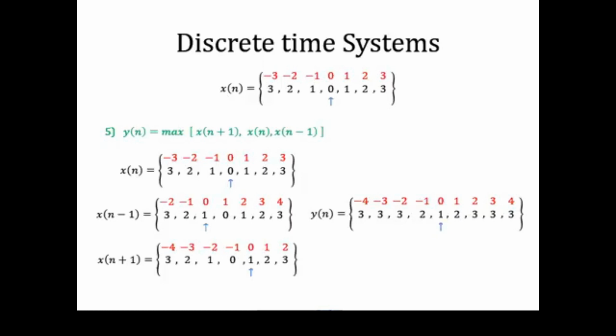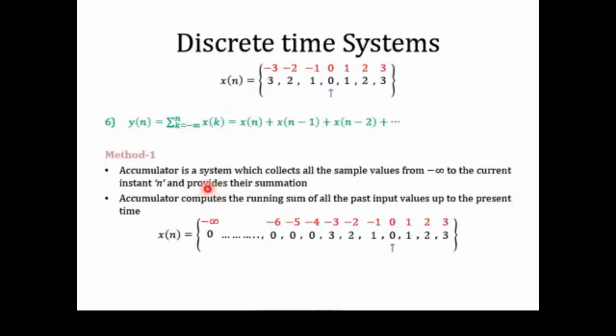This is the key point which you should remember while performing operations between various discrete signals. Now let's try to understand how we can calculate the output of an accumulator. Before calculating the output, first try to understand what is the meaning of this difference equation. To calculate the sample values of y of n, or to calculate the output of an accumulator, what we have